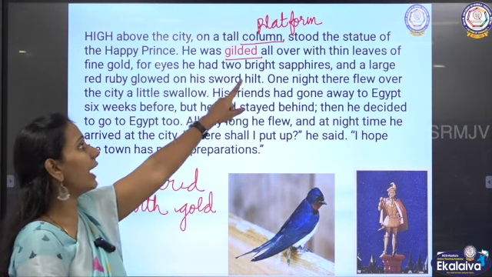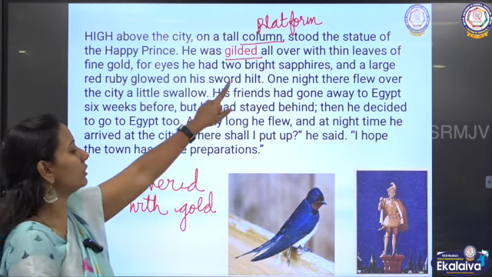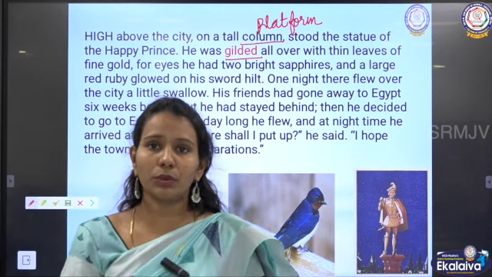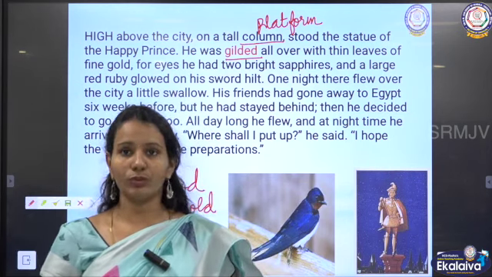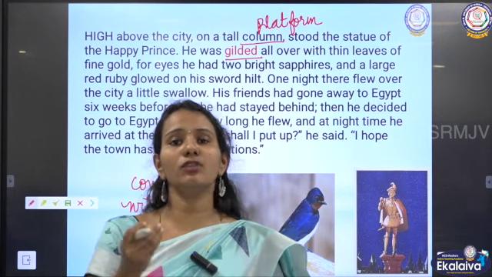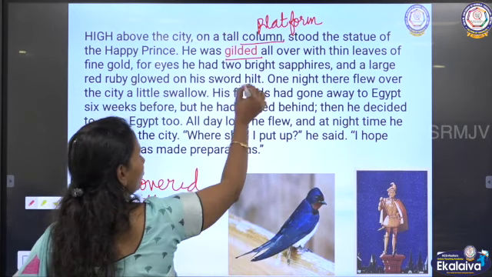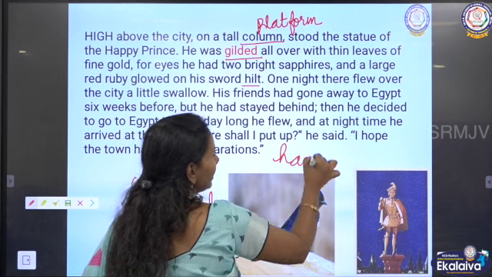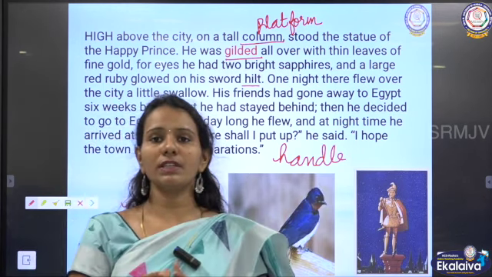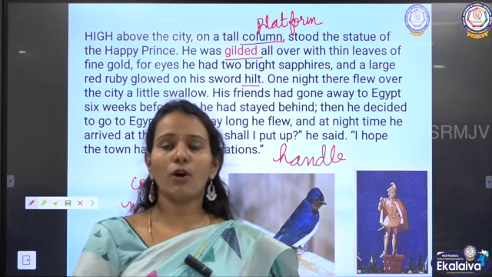For eyes, he had two bright sapphires and a large red ruby glowed on his sword hilt. So you could see how rich the Happy Prince was. He was gilded with gold. For eyes, he had bright sapphires, and the sword hilt had a ruby. And a sword hilt is a handle of the sword, and in the handle he had a bright red ruby. So the statue of the Happy Prince was erected at the outskirts of the city on a tall